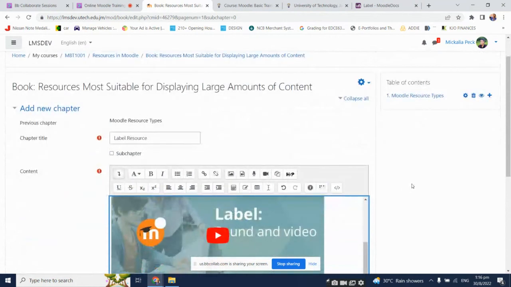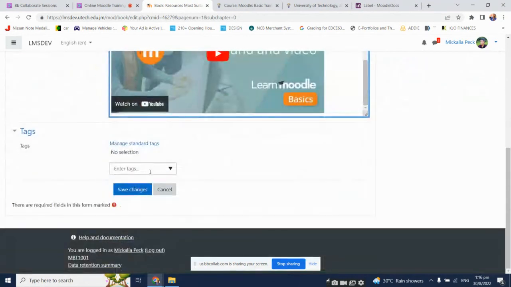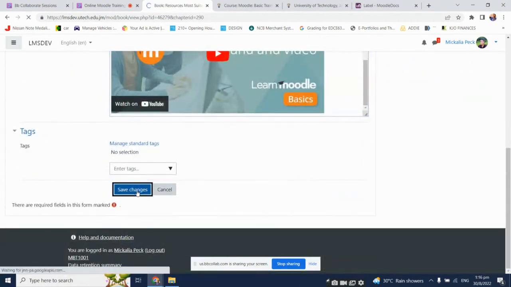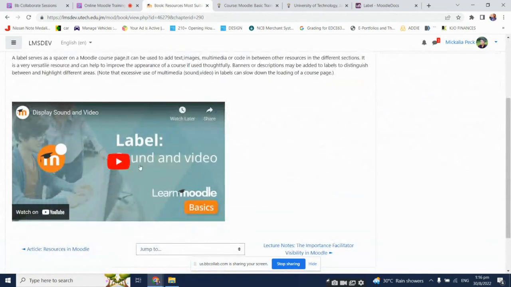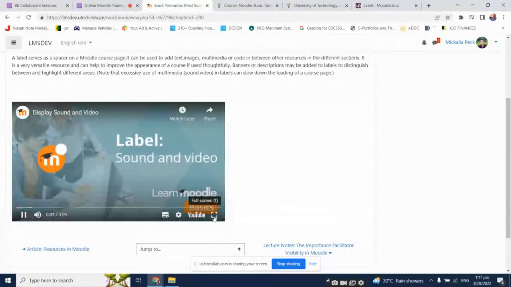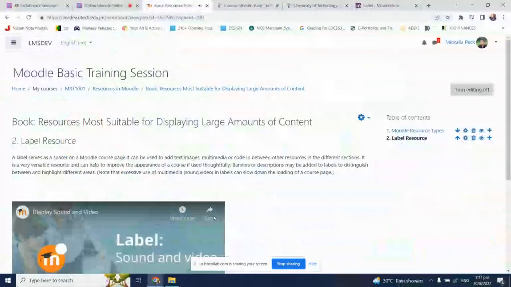Okay, so if I wanted this to be a subchapter of the first chapter, I would tick subchapter here. So it would appear, but it would appear indented. All right, but it's not a subchapter, it's chapter 2. So I'm going to scroll down and click on save. All right, so it appears as chapter 2, and I can click to watch my video. I can full screen my video. Sound and